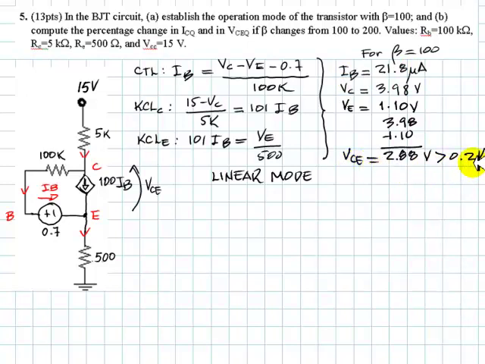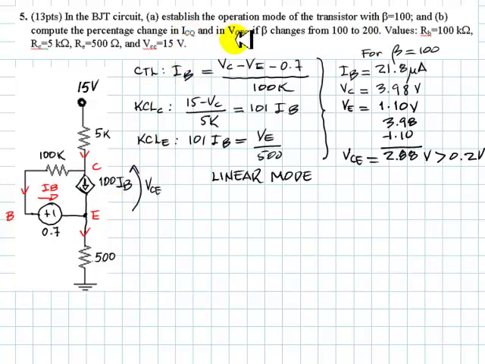What about part B? Well, let's see. Part B. Compute the percentage change in the collector quiescent current and in the collector emitter voltage VCEQ if beta changes from 100, which is right now, to 200. Oh, well, that means compute the whole thing with 200 and then compare the changes of the collector current and